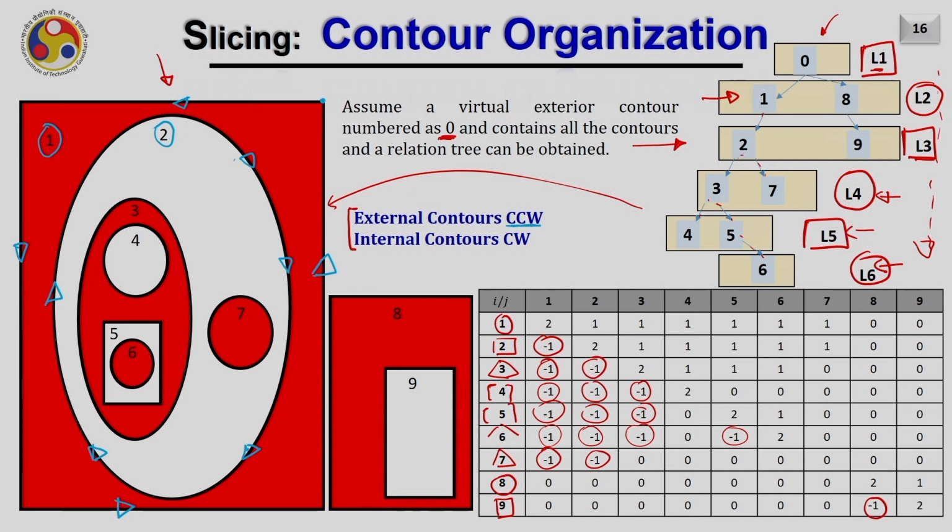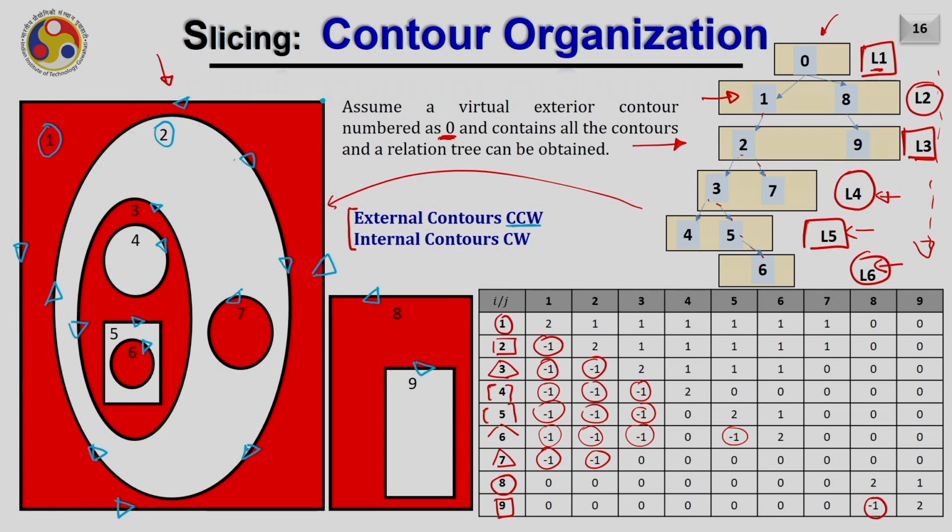In a similar fashion, 3 should be counterclockwise, 4 should be clockwise, then 5 should be clockwise and 6 should be anti-clockwise. Again 7 should be anti-clockwise and 8 should be anti-clockwise, 9 should be clockwise.